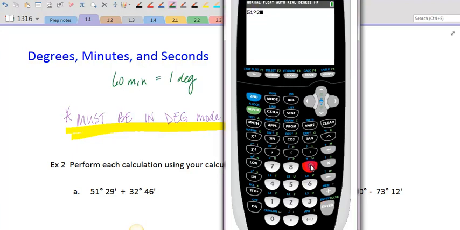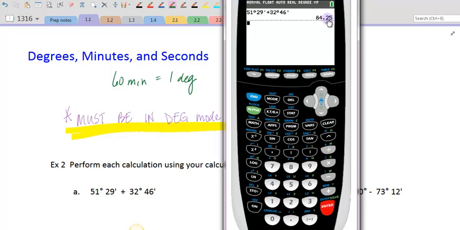So I say 29. I need to go back and tell it, so I hit second apps, that I need to choose the option number 2. So I have 51 degrees 29 minutes. I'm going to add that to 32 degrees. So again, I go second apps, choose option 1, 46 minutes, second apps, number 2. We hit enter,